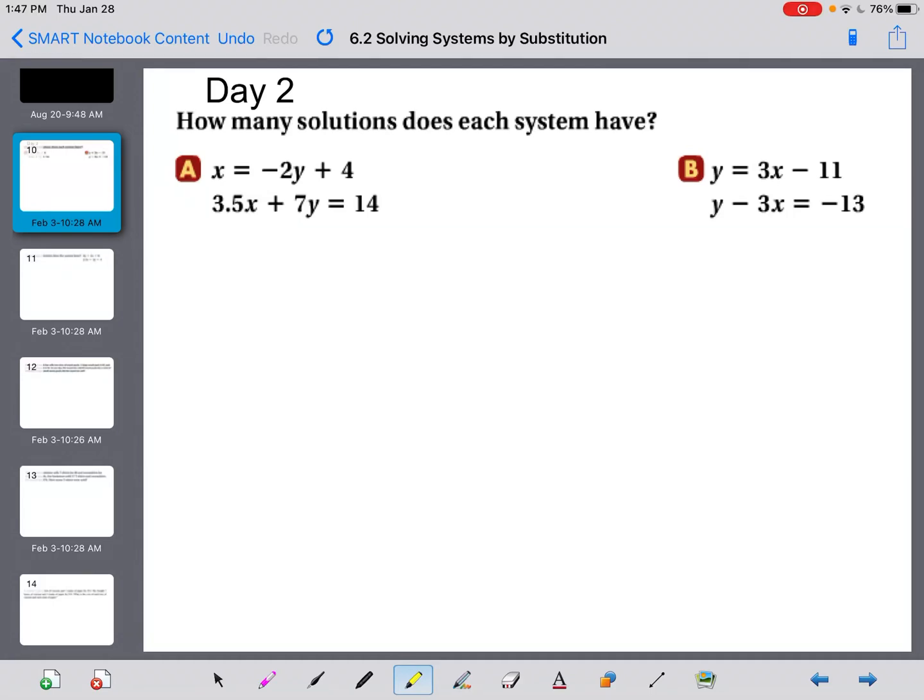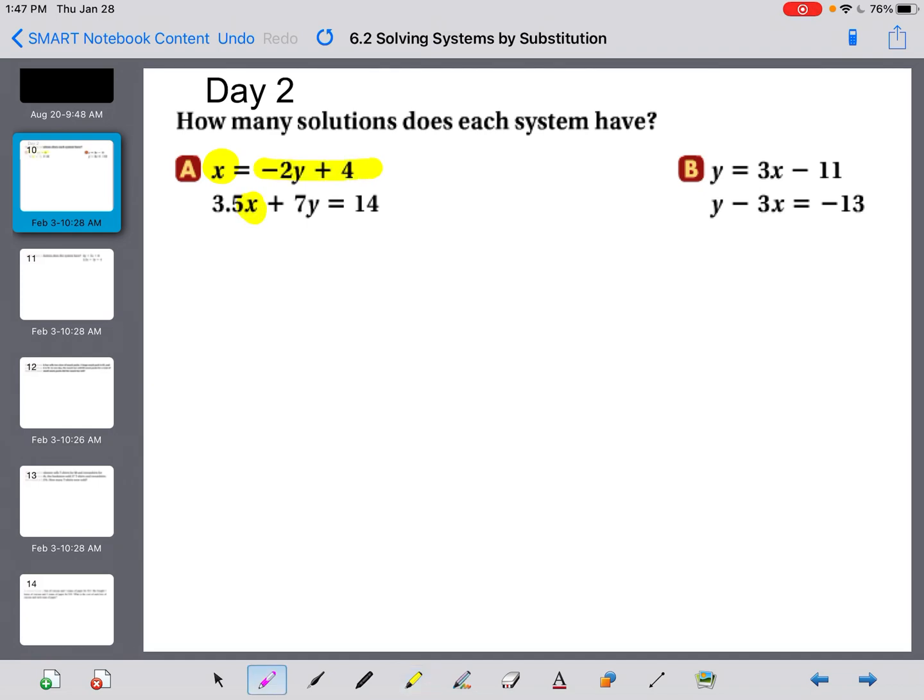6.2, day 2. Now we're going to talk about infinitely many and no solution situations, and then real life word problems. All right, so if I'm looking to solve a system of equations using substitution, just like yesterday, I want to look to see if I have a variable by itself already, otherwise I need to get one there. This time I have an x by itself, so wherever I see an x, I'm going to plug in this